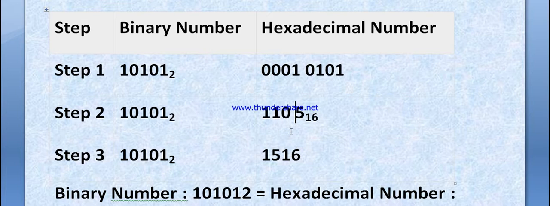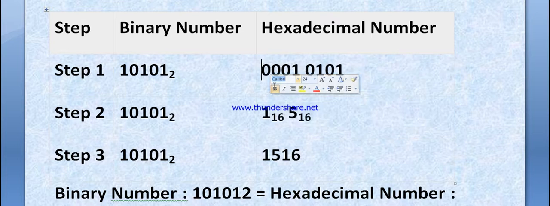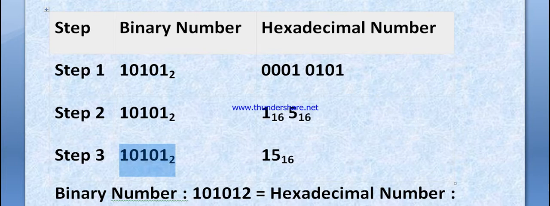Are you getting my point or not? 1 and 5. Okay, so I just convert the things. This equals 1, that is, the first 4 digits mean 1 and this means 5. So 1 and 5 make 15. So how much has the base become? Okay, so how much has the base become? That means what will be the value? It became 15. Clear?